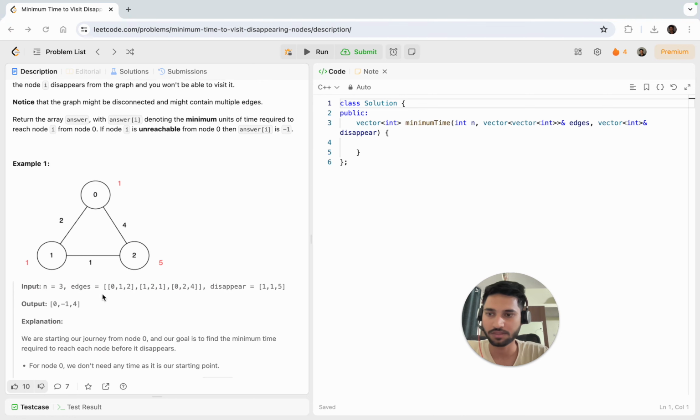This is our third question, where we're given an undirected graph of n nodes. We're given these edges. An edge means there's an edge from 0 to 1 with a weight of 2, or the time taken from 0 to 1 is 2, and from 1 to 2 it's 1, and the time from 0 to 2 is